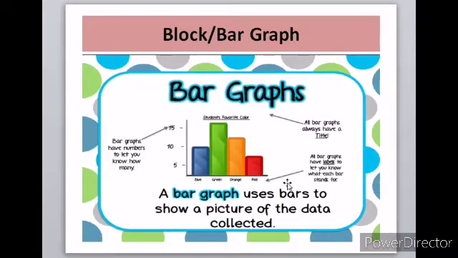And it also has the bars which are of different heights, and we can read the bar graph and tell which is most and which is least by seeing the height of the different bars. And we can also tell the number by seeing one particular bar and looking at the left hand side where it is ending, that is the number of that particular item. So this is how we read a bar graph or a block graph. We all learnt all this in the last video.